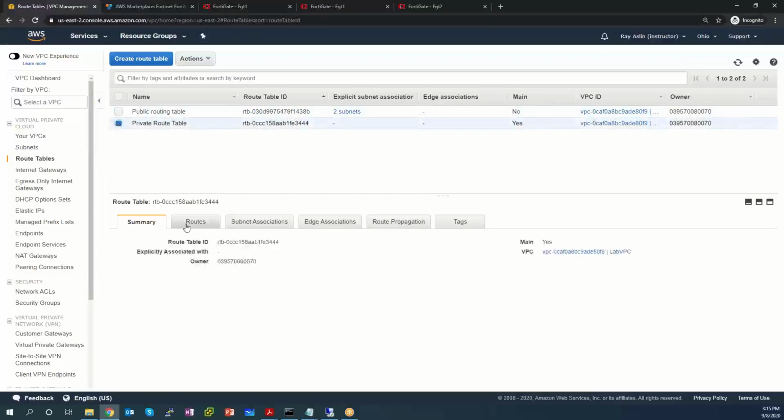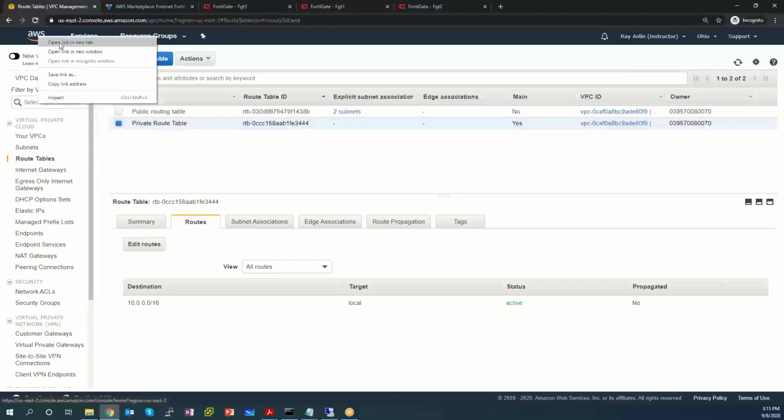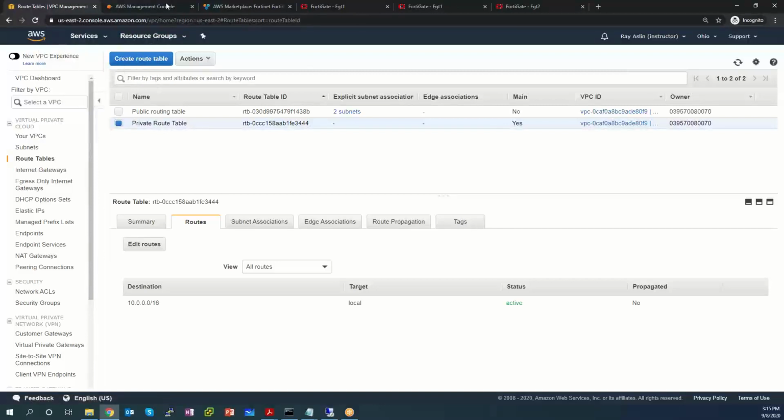And private route table routes. This is something that we need to add in. We need to add in a default route that points to the current master's ENI on the private network. Now, I don't remember what the current master's ENI is on the private network, but I'm going to open up